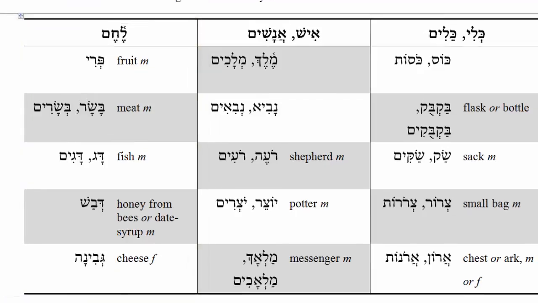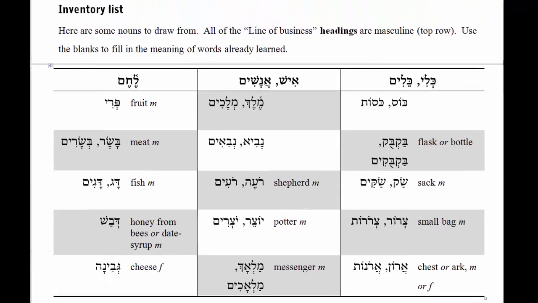Again, please select one of these 3 lines of business as the line of business that you will represent when you engage this activity in class. You will introduce yourself, indicate your line of business, and then the classmate, who is acting as a customer, will review the various items which pertain to your particular line of business, and then will select one which he or she is interested in. Now, this selection will take place mentally, not aloud, so it will be your role as an astute merchant to try and ferret out from this customer